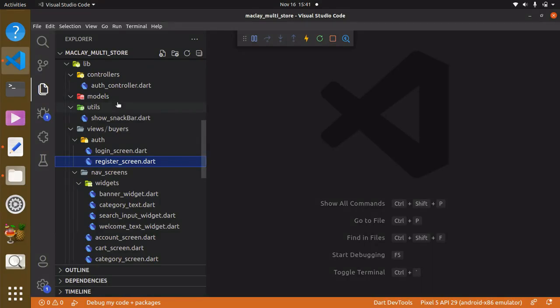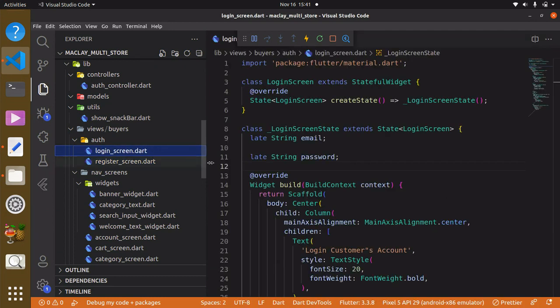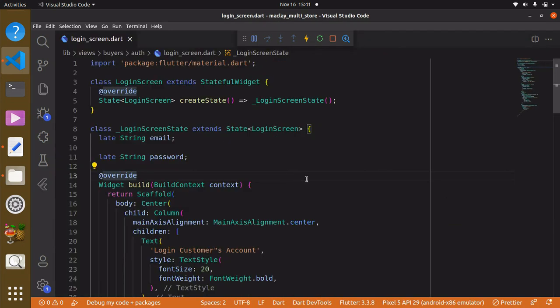Hey, welcome. And finally, we are going to be able to log in users. Hooray. Okay. Now, to do this, we have to head back to the login screen. And the first step is to add validation check to our form. Don't already have that